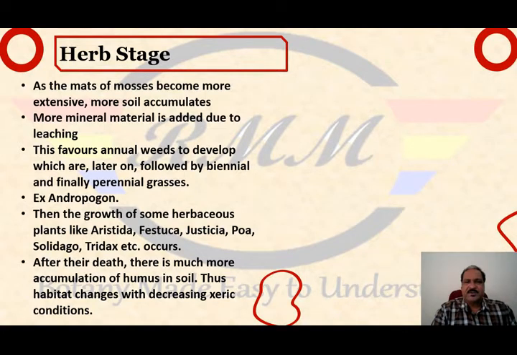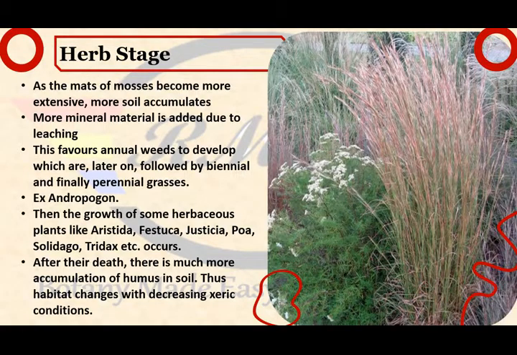The next stage is the herb stage. As the mat of mosses become more extensive, some soil accumulates. Much of the soil is blown in from the surrounding area during windy period. More mineral matter is added to the soil as acid leaches out from the overlying vegetation and increases the depth of the soil layer. Many annual weeds develop which are later on followed by biennials and finally perennial grasses. Andropogon, commonly known as the broom sedge, becomes the dominant grass in many areas. With the influx of grasses, the growth of some herbaceous plants like the Aristida,